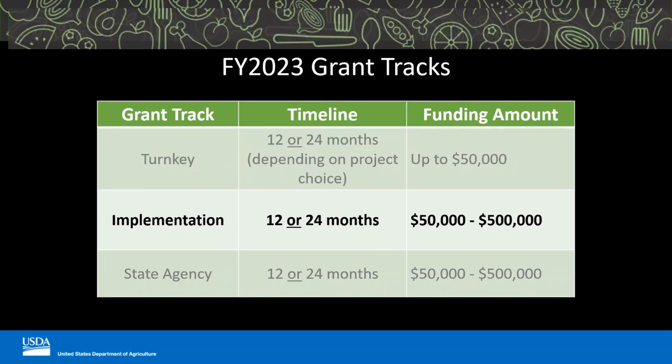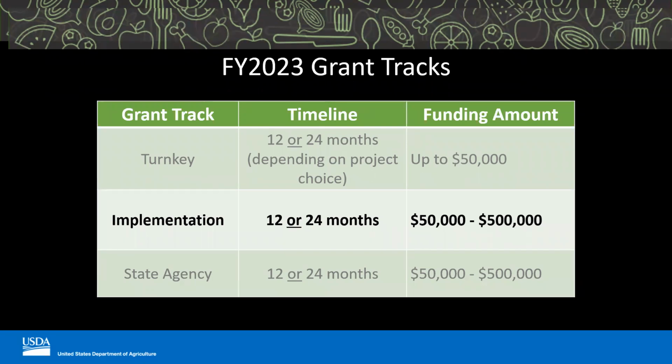The implementation grant track is for organizations who may have farm to school experience who want to define their own activities. Implementation grant applicants may be interested in a multifaceted project that incorporates one or more elements found in the turnkey track, such as edible gardening and ag education. One application is permitted per applicant. Organizations interested in turnkey projects, but who also want to create their own activities may find that implementation is more appropriate.